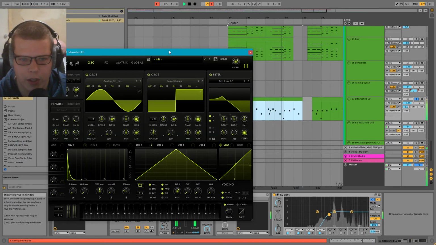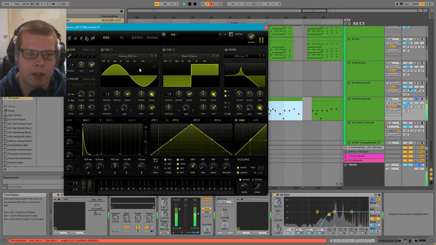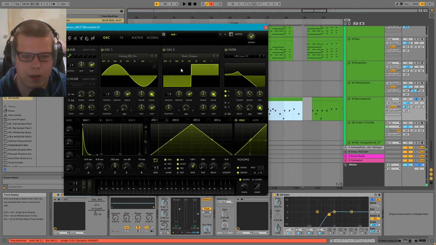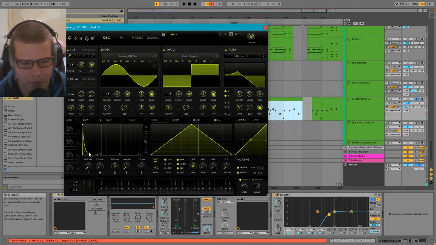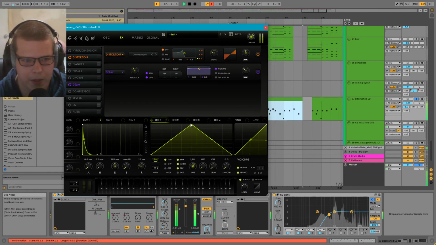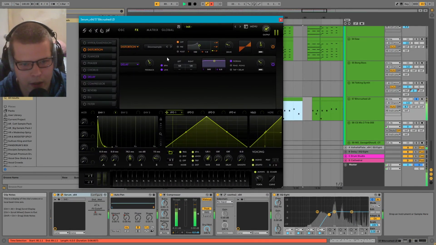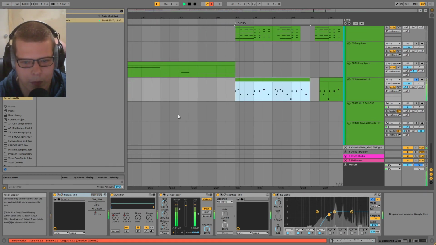Bit crushed lead. It's more of a pluck than a lead, but yeah. Sine, square, low pass, plucky envelope, LFO on some filter parameters, distortion, downsample mode, and delay is what makes this sound really good.